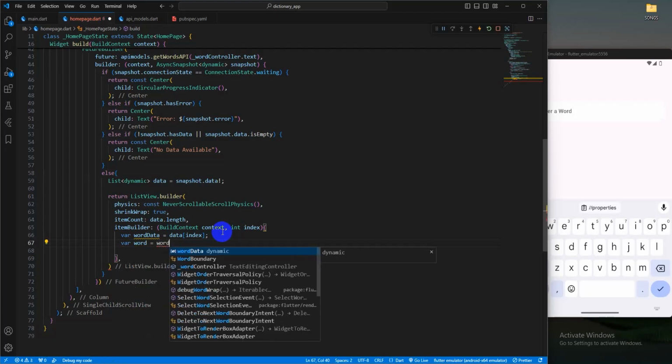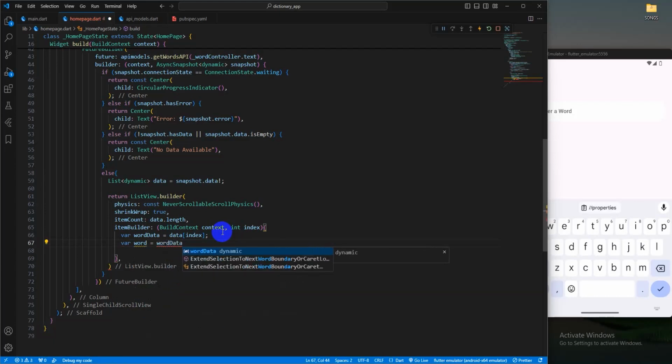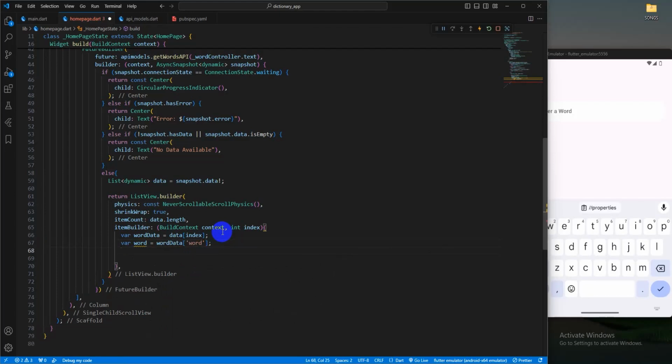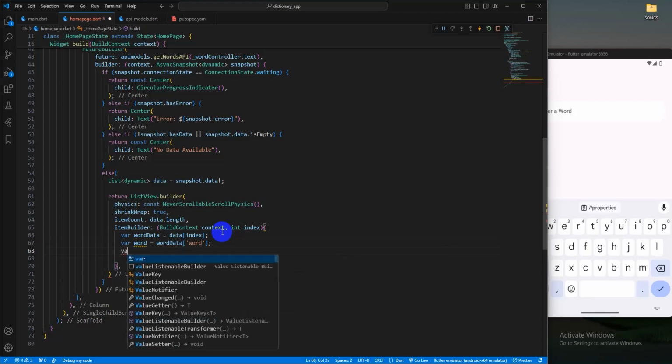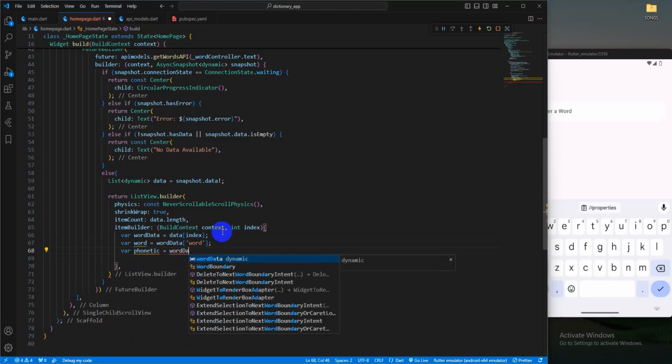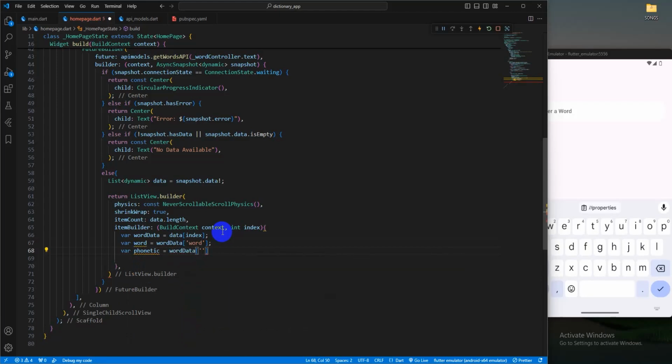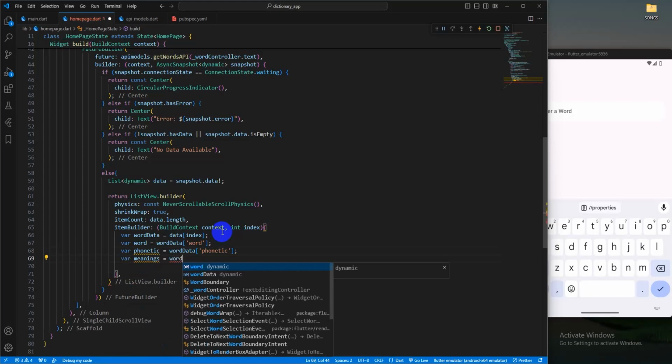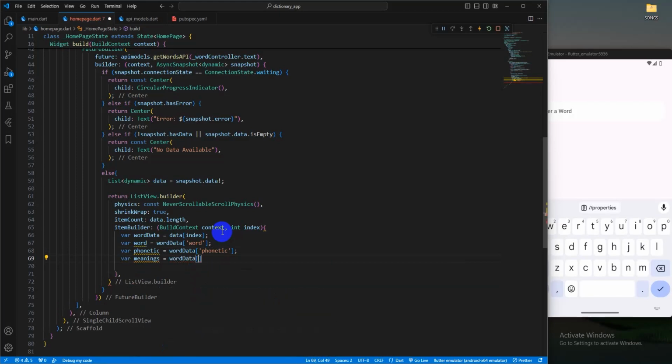Variable word data, variable phonetics, word data phonetic. If you think this is kind of a vast thing, or if you are not understanding this, then let me show you the API and a few